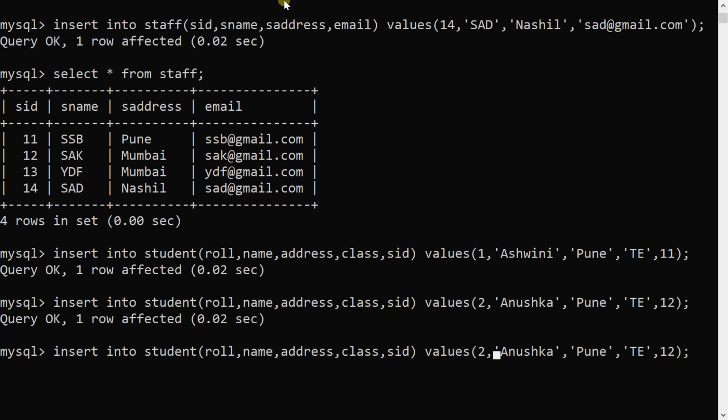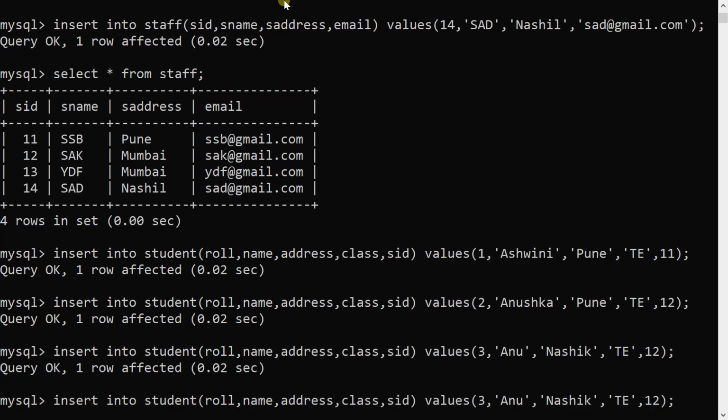For the same record, if I change it to 3, then Anushka to Anu, and I can change to Nashik. She is also in IT, and again 12. Again it is possible. Okay, but if I take record number 4, the name is Anuj, Nashik, he is in